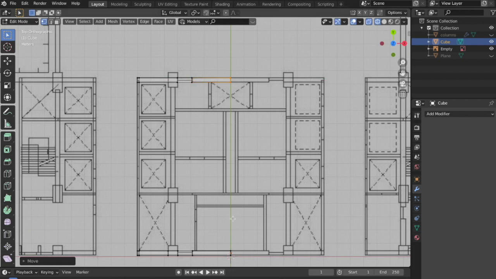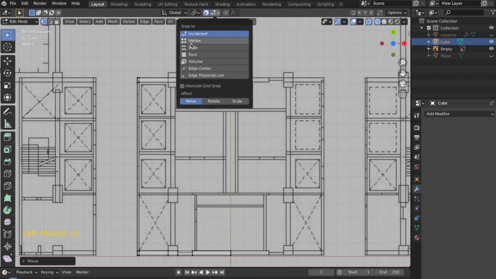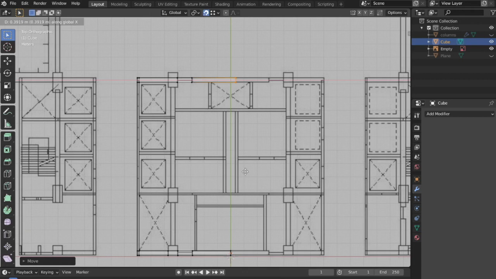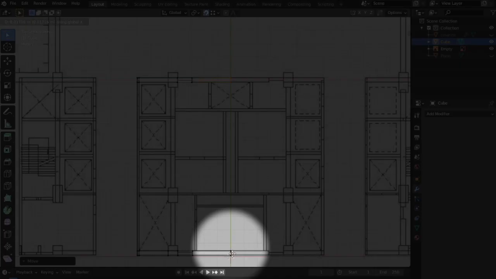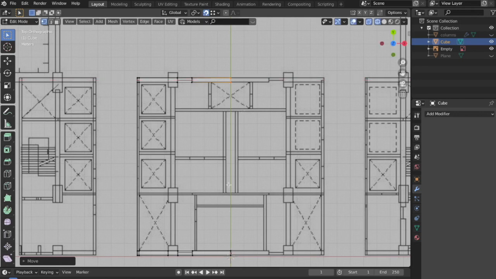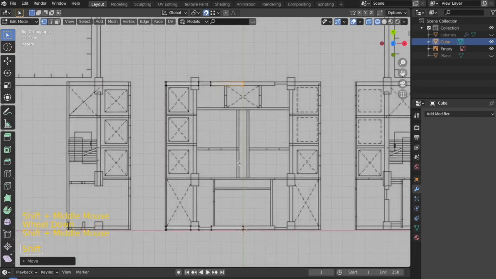Now I'm not going to leave it like this. To make this accurately aligned, I'll turn this snapping on, and over here I will select the vertex select mode. Now whenever I press G and then X, if I hover the cursor over another vertex, this is where it will start snapping. Over here you can see this small orange circle coming along this vertex, which means that it is being snapped to this vertex, and now they are perfectly aligned.